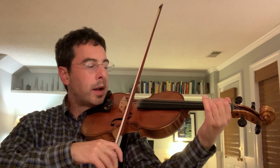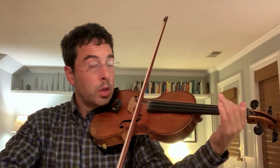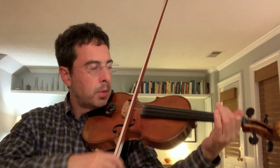Then the long line leading to here, to here. So you notice you can still have that good sense of phrasing even as you're learning this with these short bows. And you notice that if we have the 3 beats in the measure, which every minuet has, I'm thinking